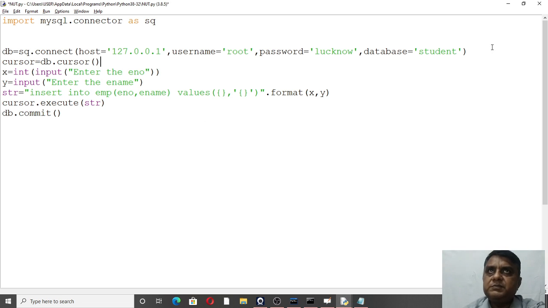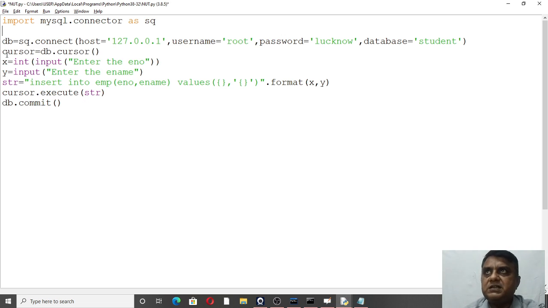Here again we need an object, that is cursor. We will create this cursor using the function cursor that is available in the MySQL connector library.